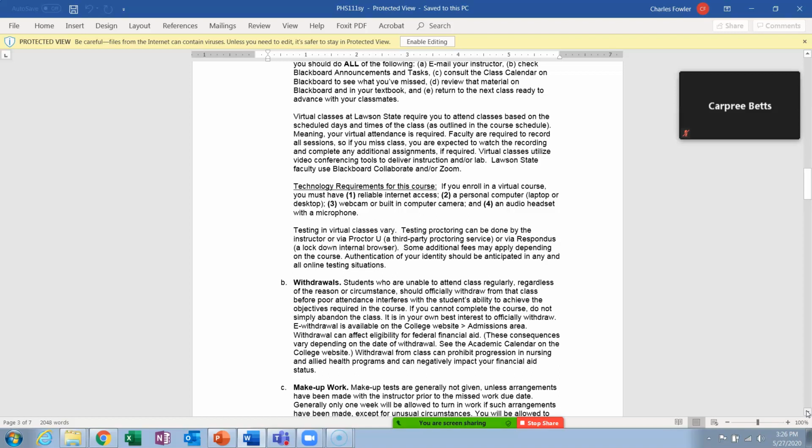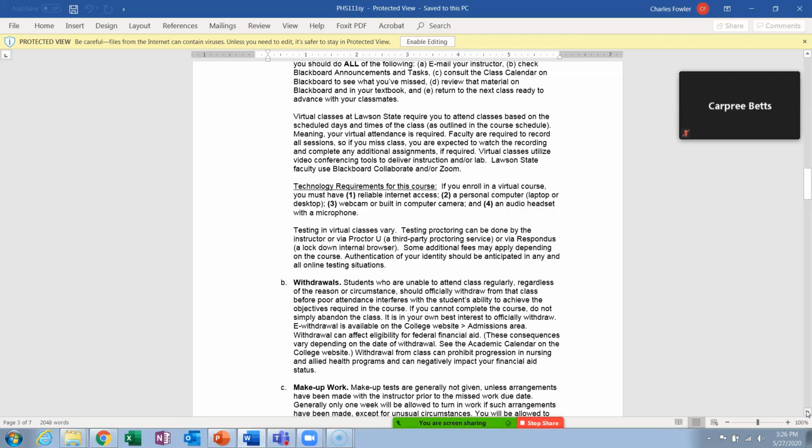In fact, it will lower your grade point average. I hope a D will lower your grade point average. The only way it wouldn't is if your grade point average is less than 1.0, okay? That's the only way a D is going to help your grade point average, if your grade point average is a 0.7 or something like that. So hopefully none of you are in that boat.